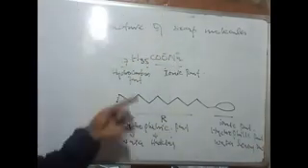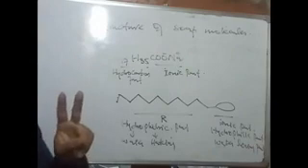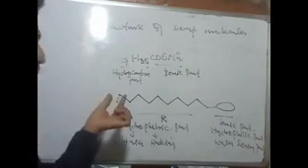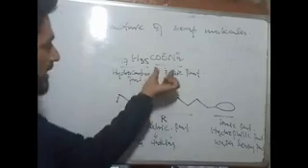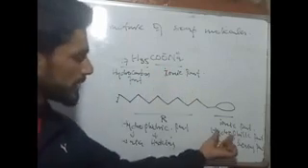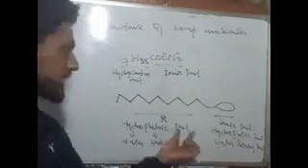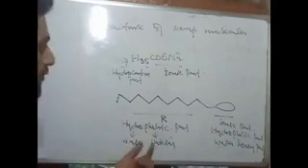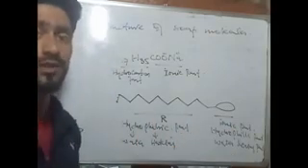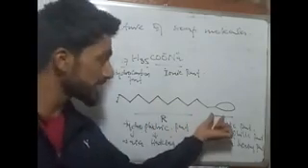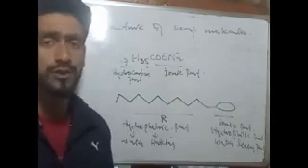Now you know that soap molecules consist of two parts. One is the hydrophobic part, and the other is the ionic part, known as the hydrophilic part. The hydrophobic part is water hating, it repels water, while the ionic part is water loving, meaning it attracts and attaches to the water molecules.